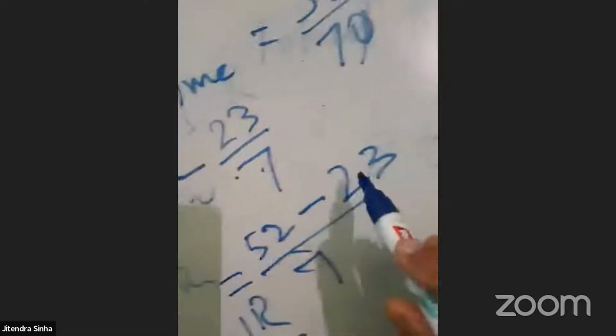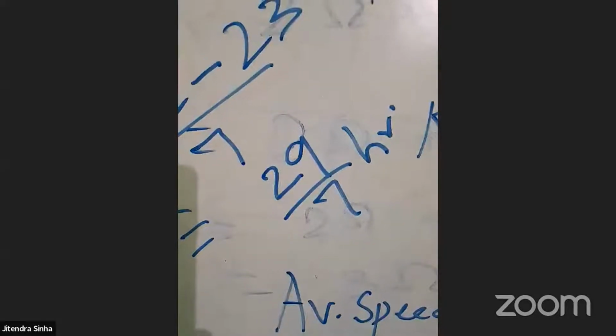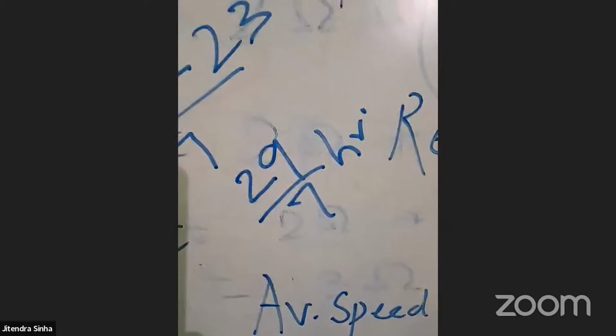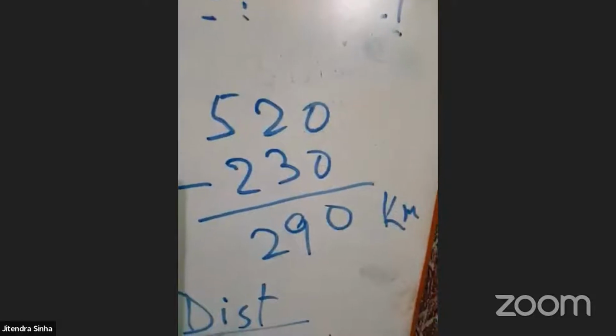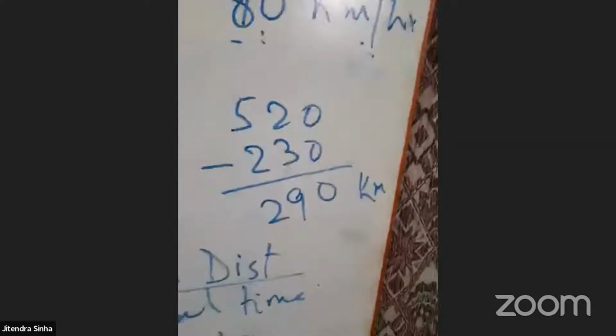ओके 52/7 you just get it minus. How much you are getting? 52 से 23 माइनस करो. 29/7 hours. ये आपके पास रिमेनिंग है, देख लो। रिमेनिंग आपके पास 29/7 आवर्स है। अब इसमें आपको कितने कवर करना है? हाउ मच डिस्टेंस? यू हैव टू कवर अ डिस्टेंस ऑफ 290 किलोमीटर।